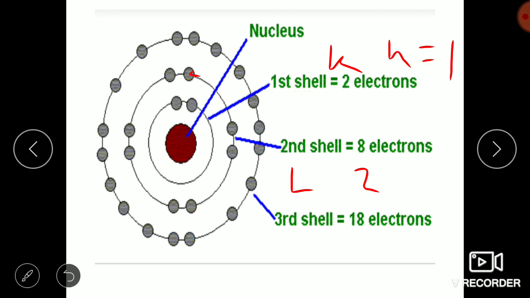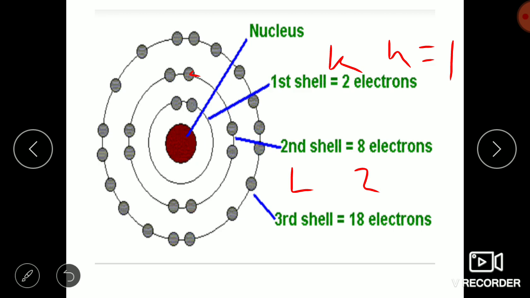So in the Bohr model, what we get is the nucleus at the center of the atom. Then around the nucleus we get some circular paths where energy is fixed, and these are called energy levels. In these circular paths, electrons revolve around the nucleus. When electrons are in a particular orbit, they will neither lose energy nor gain energy, and hence these are called stationary orbits. Okay, and starting from the nucleus we start numbering the shells.